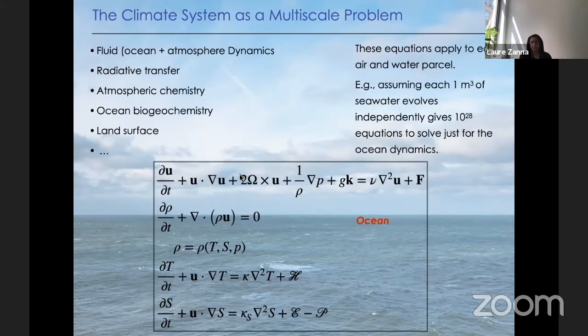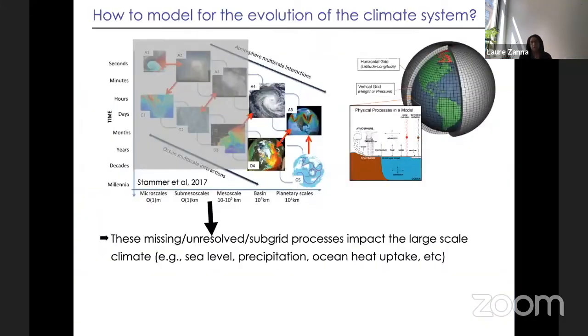So how do we deal with this? What we do is we basically take those equations and break them down into little pieces. And so we're going to solve them on a grid. So this is our sphere. The ocean is going to be broken into little pieces, same for the atmosphere. And within each one of those little pieces, the size of that box, we'll resolve the equations that we have. But of course, now we have a modified equation, because there are a lot of scales here.